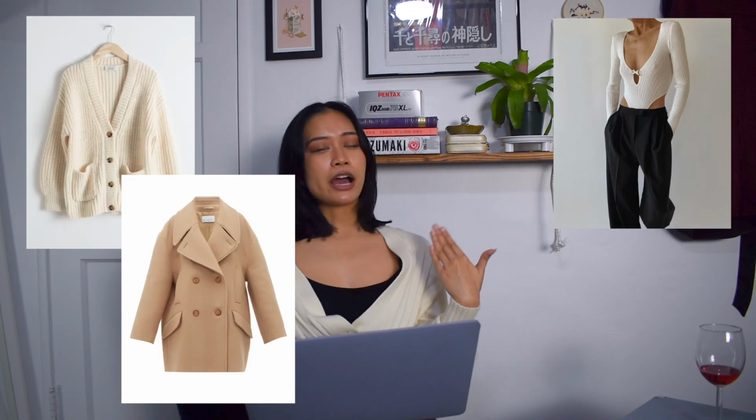So if you want to go for more performance wear inspired balletcore, I'd go for tulle, lace, embellishments like rhinestones, glitter and things like that. But for the more practice rehearsal wear inspired balletcore, I'd go for tights, leggings, bodysuits, wrap tops, wrap skirts, wrap dresses, leg warmers, ballet flats or ballet pumps, cardigans, maybe a coat, or even sweatpants. You can do high bun hairstyles, some light natural makeup, and for a color palette, I would go for neutral colors like beige, nudes, black, white,